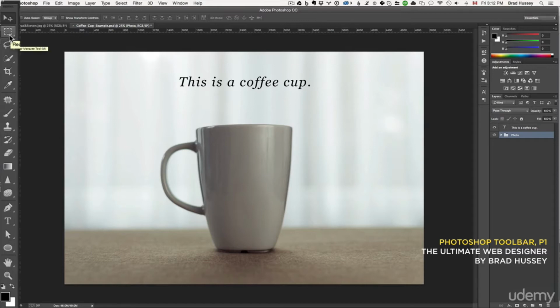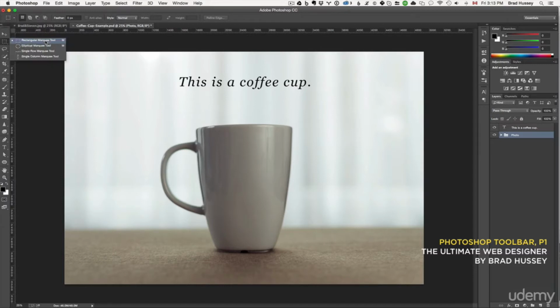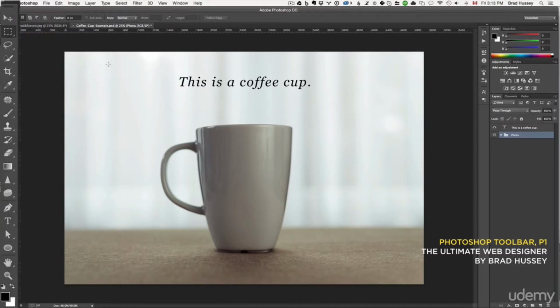This is called the Rectangular Marquee tool, and you'll see in the bottom right corner there's an arrow. That means there are more options in this button. So if I click and hold that, you can see the other options available. So there are other marquee tools: rectangular, elliptical, single row, and single column. The Rectangular Marquee tool just lets you make a selection. So here I'm going to make a selection, and you can drag that selection around, or you can draw a new selection